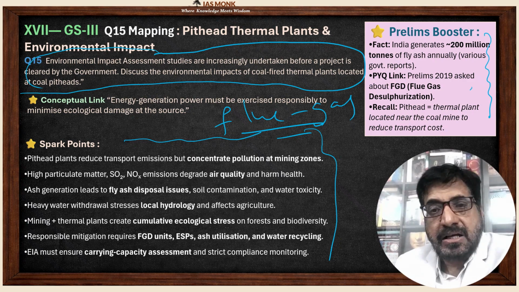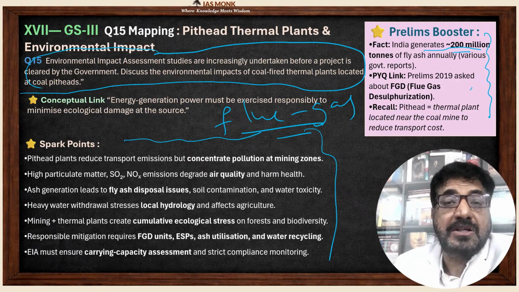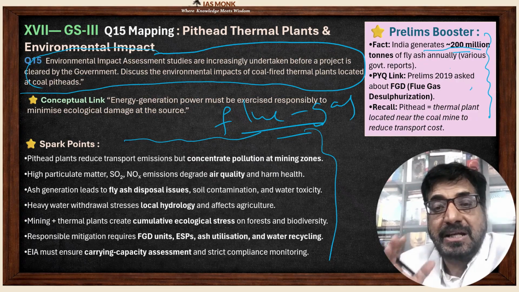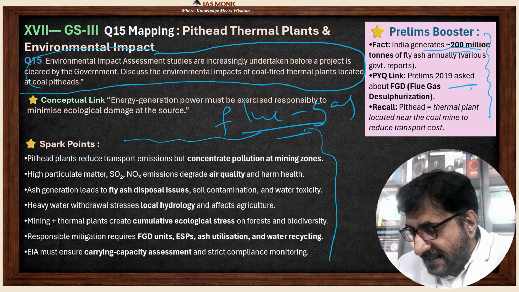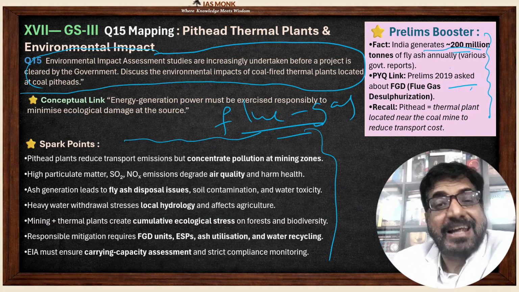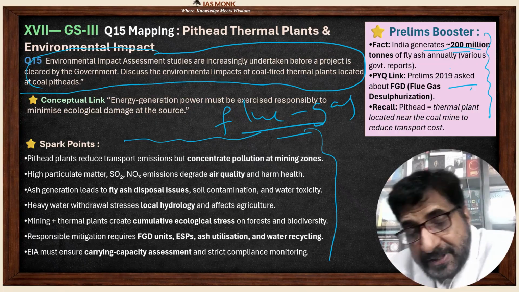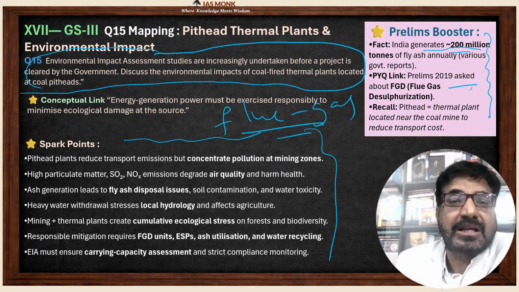See here, India generates almost more than 200 million tons of fly ash annually. Million means 1 million is 10 lakhs. So India produces more than 200 million tons of fly ash annually. One preliminary question has been asked in 2019 about flue gas and also fly ash. So EIA studies highlighted the need for flue gas desulfurization, electrostatic precipitators and high efficiency boilers and 100%